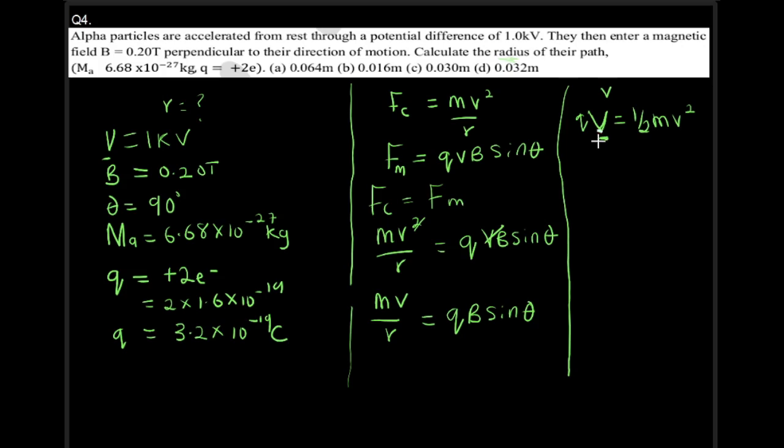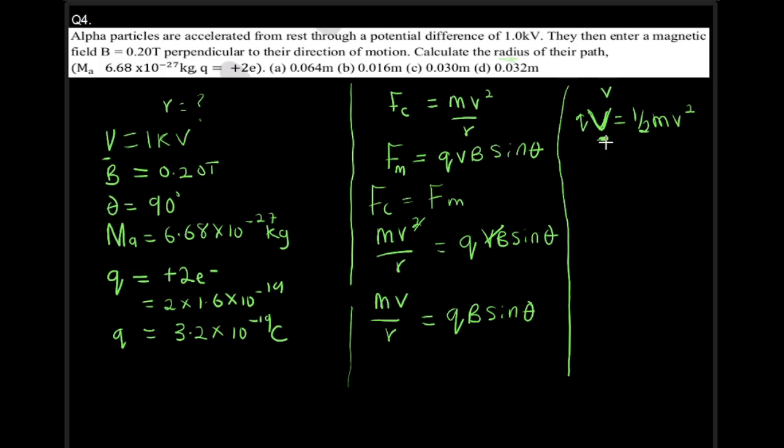A particle that moves with a potential difference of V will have an energy mathematically represented as QV equals half mv squared, where this big V is the potential difference and this small v is the velocity